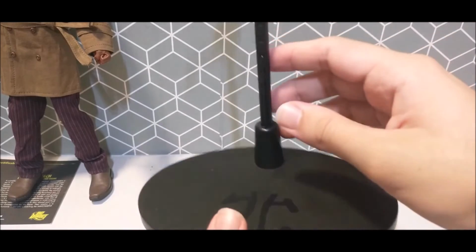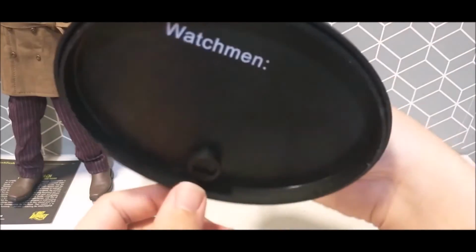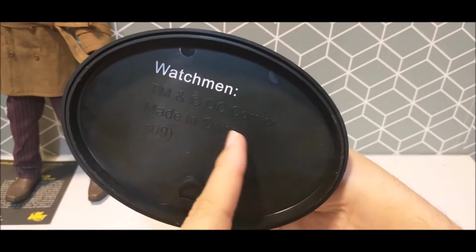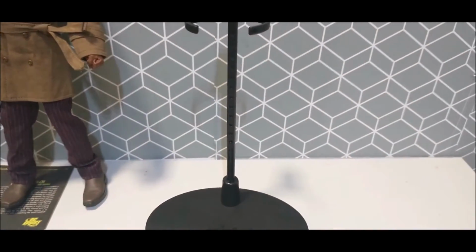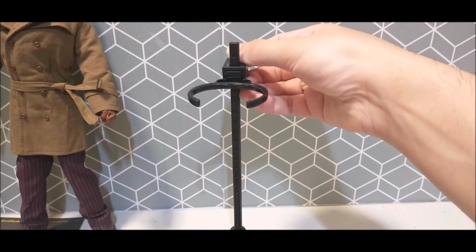Yeah. And this is the stand right here, man. It's pretty cool. Underneath it says Watchmen, made in China, S09. I think that's for 2009. Trademark DC Comics. Oops. And let me put it up. You can kind of angle it, you know, if you want to put him crouched down on his knees and